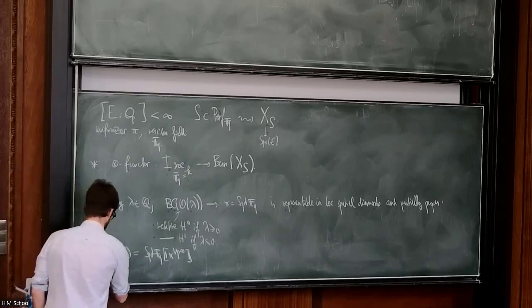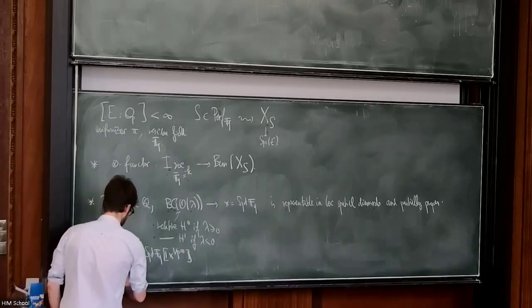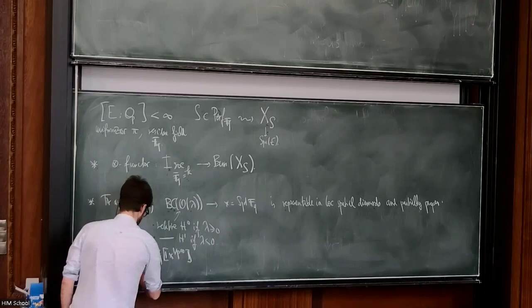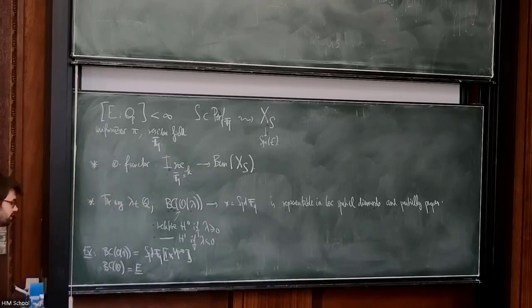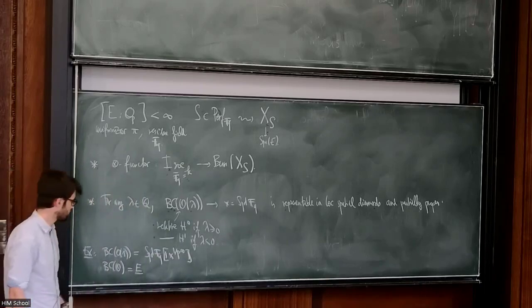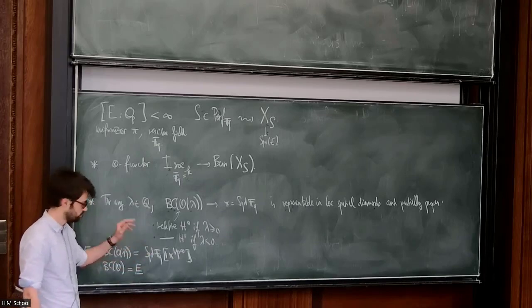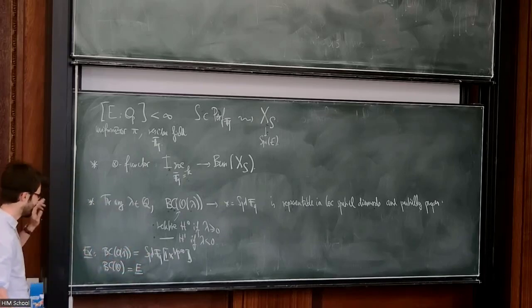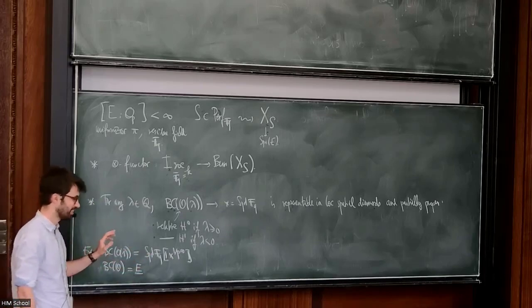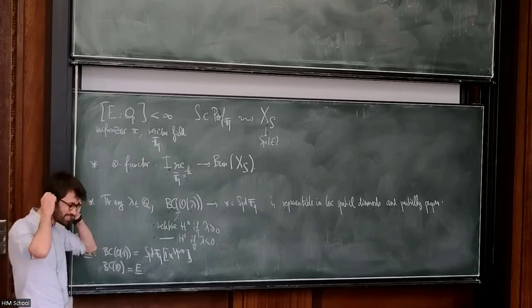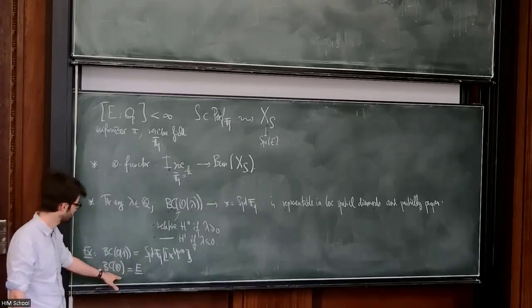We also saw that the Banach-Colmez space of the structure sheaf is simply given by E underline. So here you see that